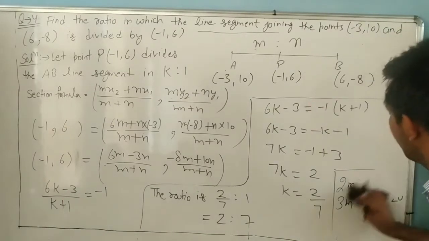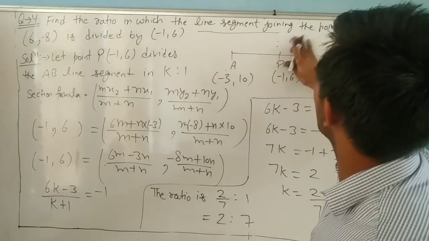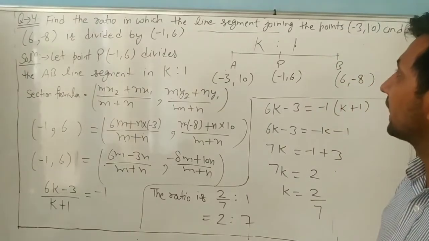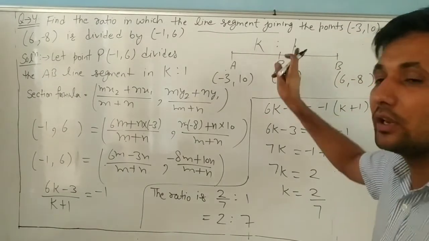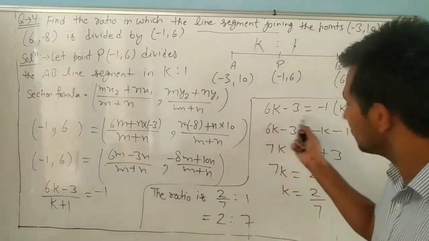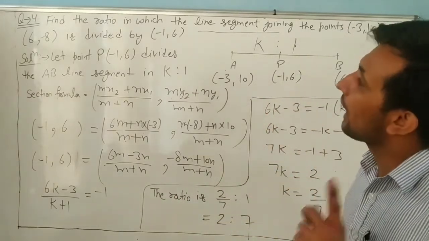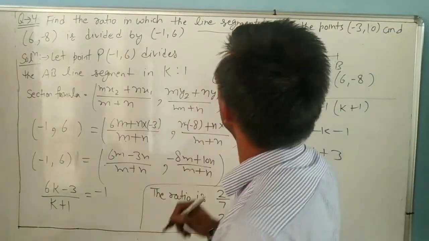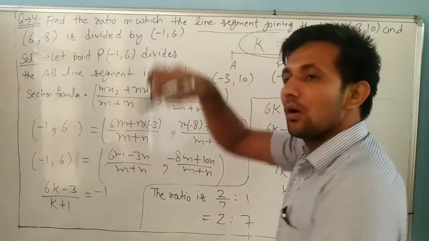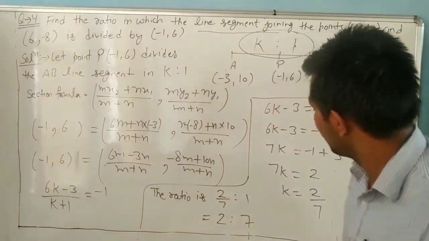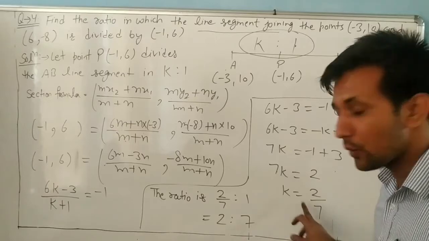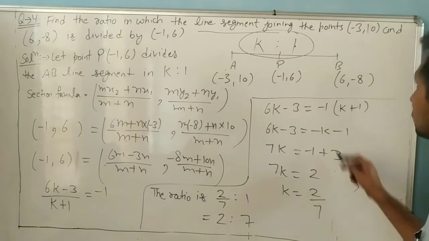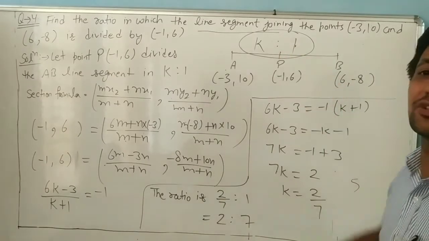So it is better, dear, no need to take m ratio n. We will take k ratio 1, because if we take k ratio 1, it becomes only one variable. And in one variable we can solve easily. Find the value of k. So always, whenever in any question the examiner asks in what ratio, we will take k ratio 1. If it comes as a fraction, we will remove the denominator. And if it comes, suppose, 5, so what is the ratio? In place of k is 5, so 5 ratio 1.